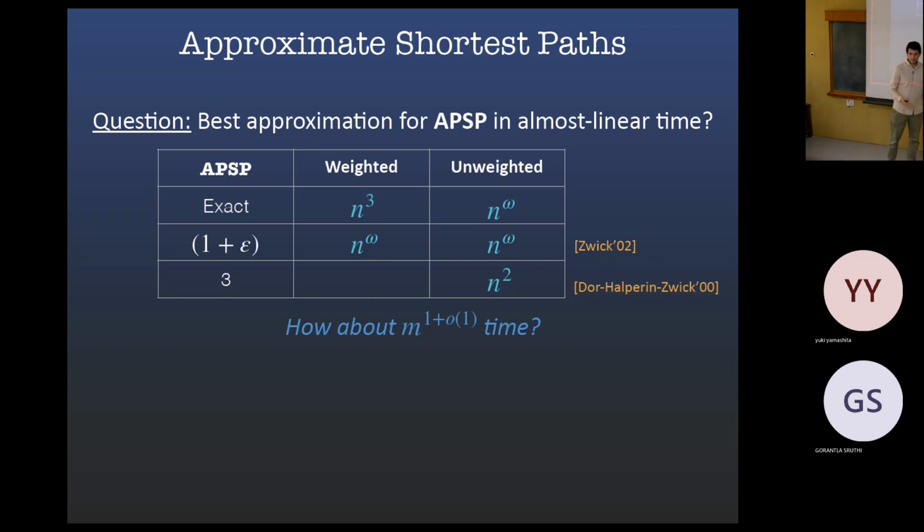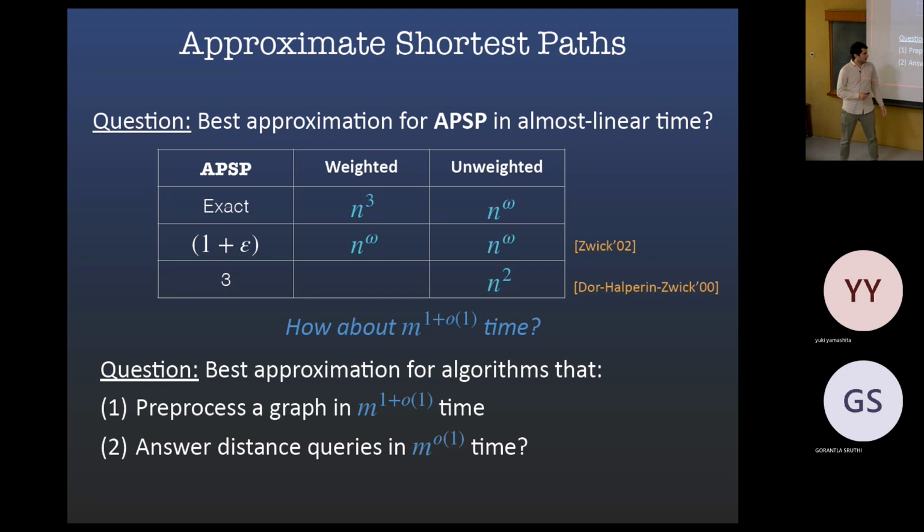What if you have a sparse graph or something? You want bounds that depend on the number of edges. So linear time for APSP is really m time, m to the 1 plus little o of 1. So what can you do in linear time in the number of edges? But then for APSP, the output size is n squared, so you have to define it a bit carefully. I think this is the most natural definition of the problem. You get a graph, you have to preprocess it in linear time, and then you get a query that asks for the distance between a pair of nodes. You need to answer that fast, in n to the little o of 1 time, like polylog time. How well can you do this?